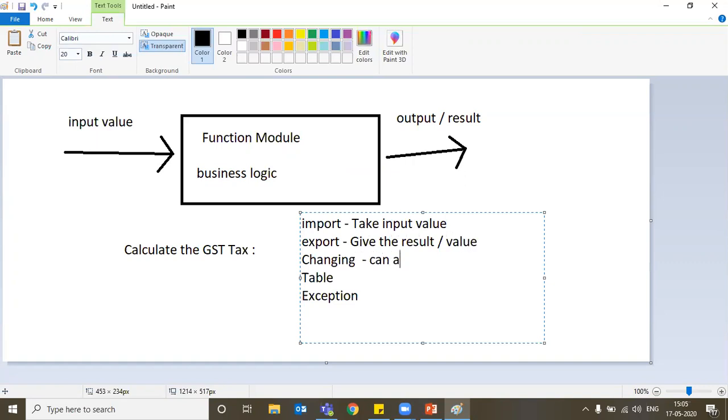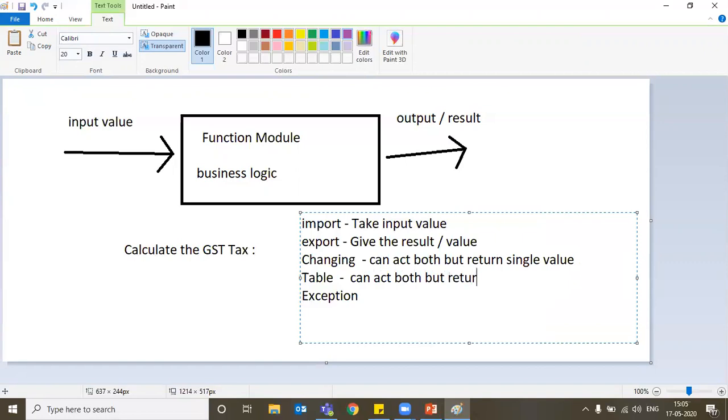Changing can act as both import and export, but returns a single value, whereas tables can act as both, but return multiple values. Here the exceptions handle errors.